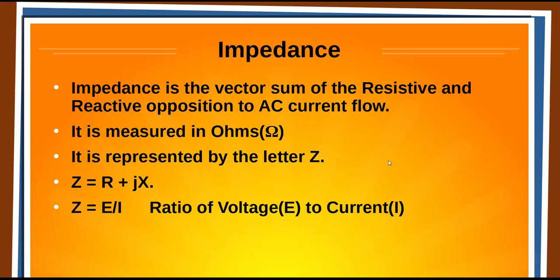So impedance is the vector sum of the resistive and reactive opposition to AC current flow. We measure it in ohms. We use the letter Z for impedance. And the impedance is equal to the resistive or real component plus the imaginary reactive component. And if you're not familiar with J,